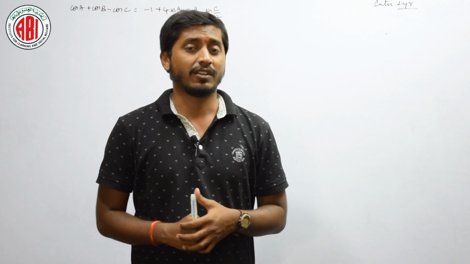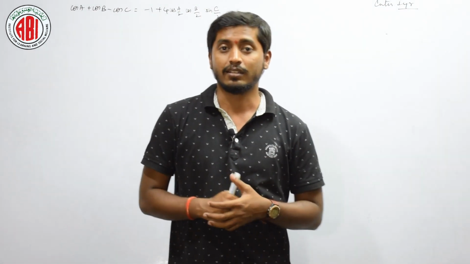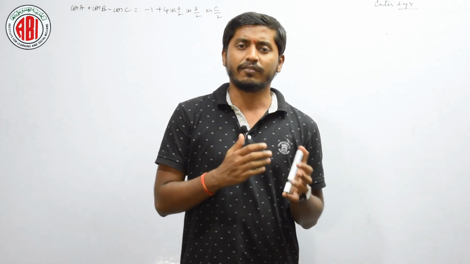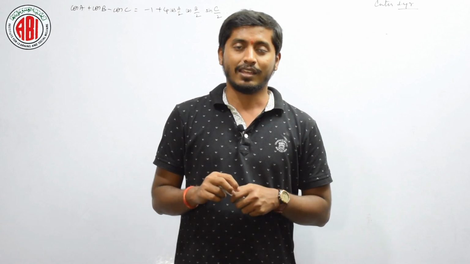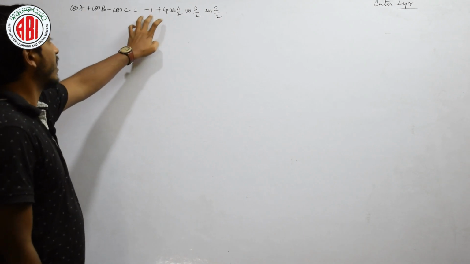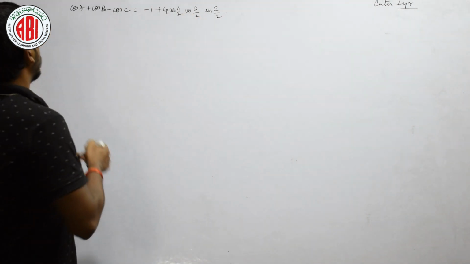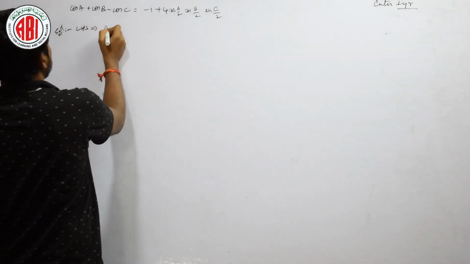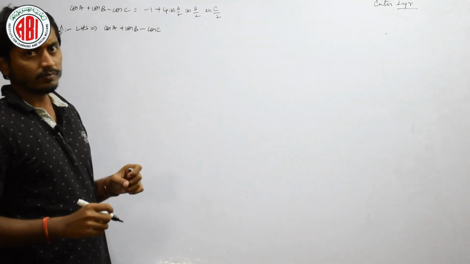We have been discussing the different concepts of trigonometric ratios up to transformations till now. We started with the basic definition, and in the last session we did the initial transformation questions. With that basis, let us solve more questions of transformation. The question given here is: cos A plus cos B minus cos C is equal to minus 1 plus 4 cos A by 2 cos B by 2 sin C by 2. Now, we will take the LHS as cos A plus cos B minus cos C.